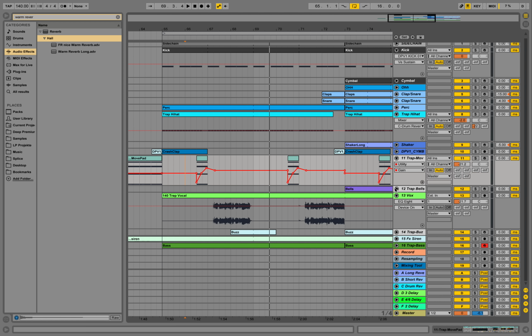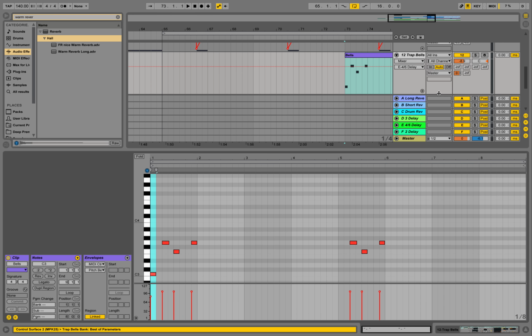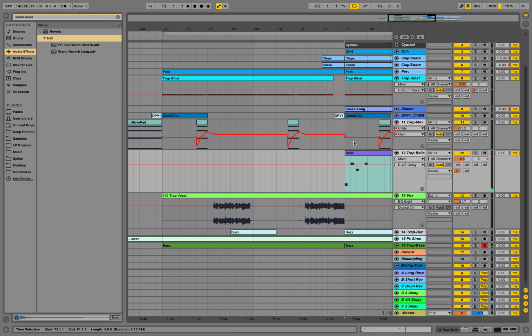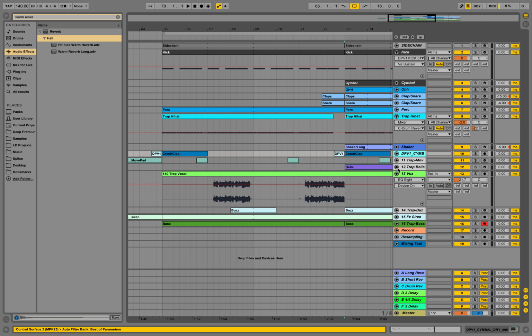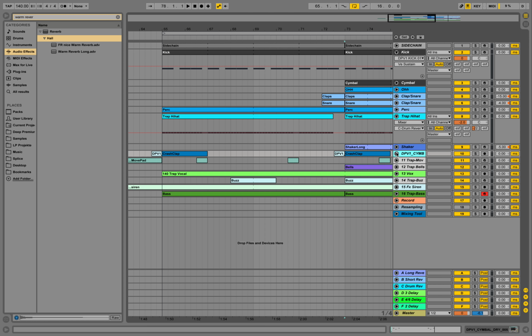Did I explain what the bells are actually playing? They're playing something like this. So that's that. And over here now we come to the part of the rest of the drum elements, and